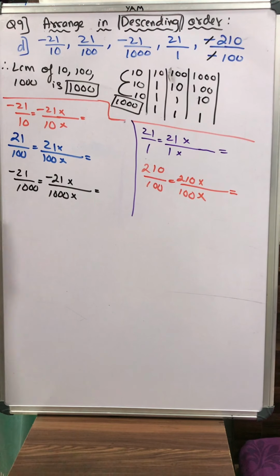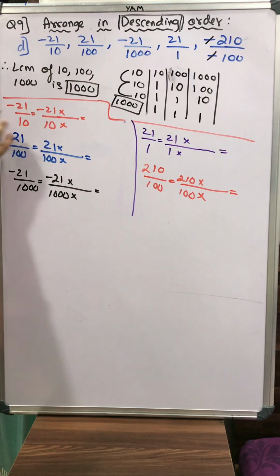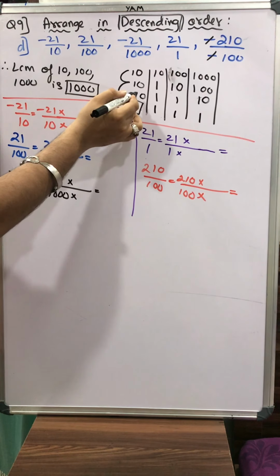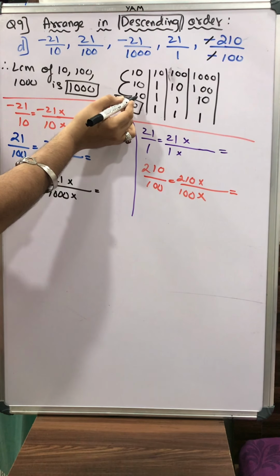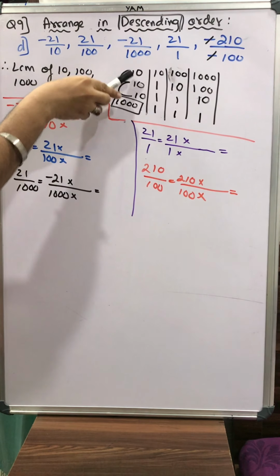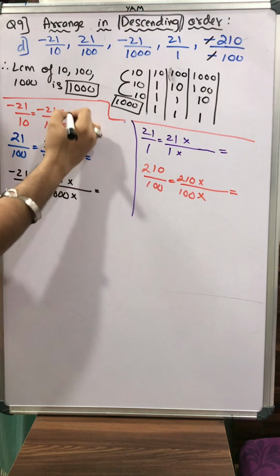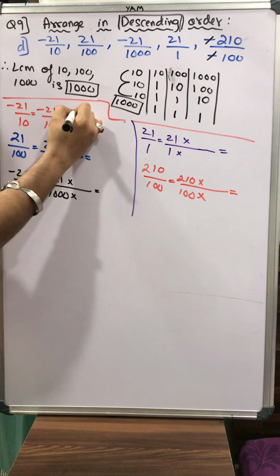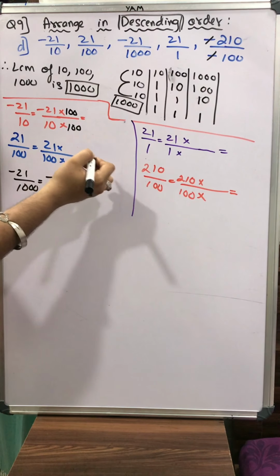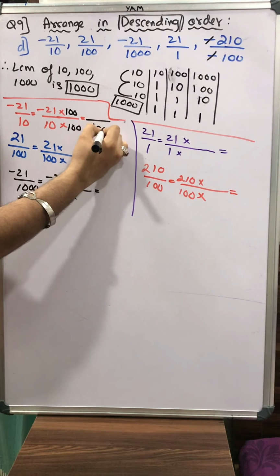Now students, it's very simple. Just pay attention on the board. See, I have here 10. I want to make all the denominators 1000 because LCM is 1000. So just see here. I have 10. If I multiply this 10 with the remaining 2 tens, that is 10 tens are 100, I'll get 1000. Yes. So I'm multiplying with 100, 100 in the denominator, 100 in the numerator. This will make the denominator over here as 1000.